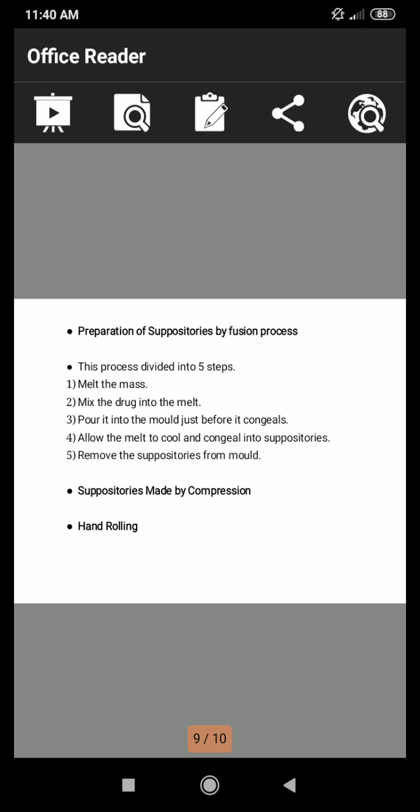Then on a larger scale, hand or power operated machines are used. In this, the prepared mass C is placed in the cylinder A and forced through the narrow opening tip by means of piston B into a mold. The threads of mass passing into the mold G are compressed until a homogeneous fused mass is formed in F. The mass and compression cylinder of the machine should be chilled to prevent the heat of compression